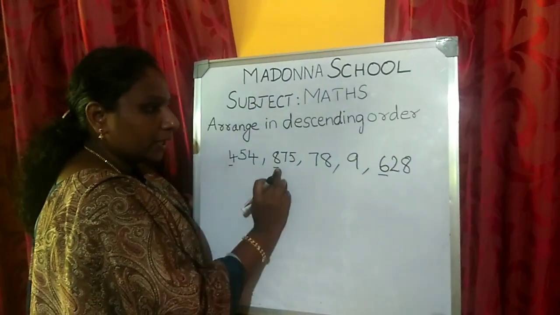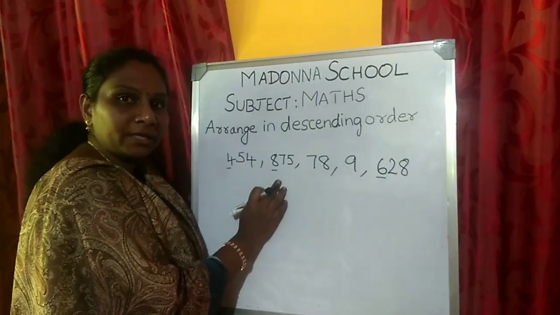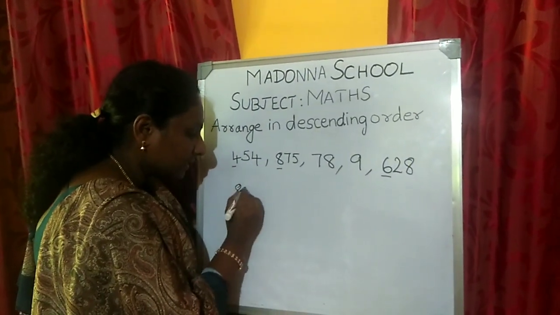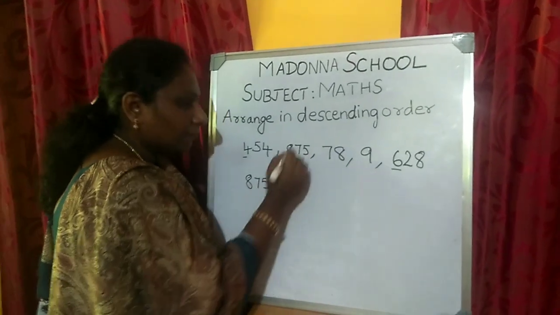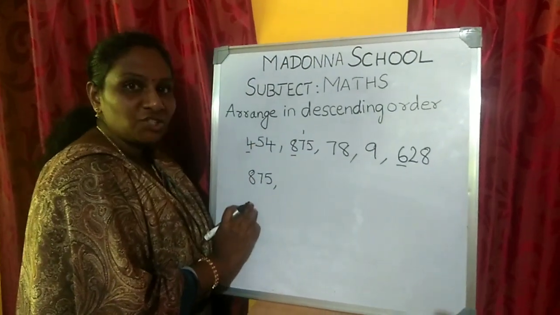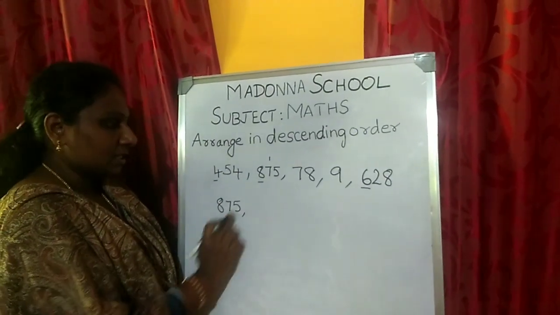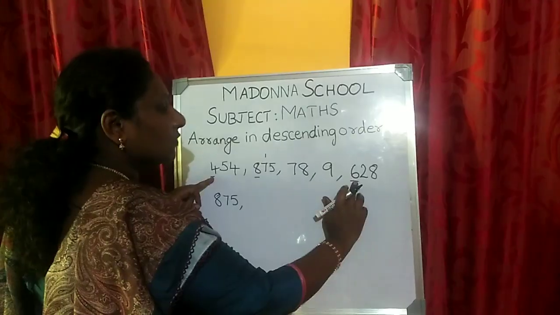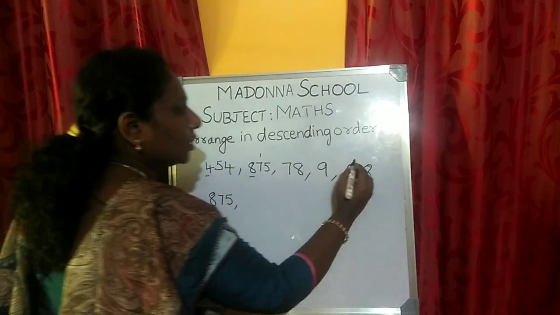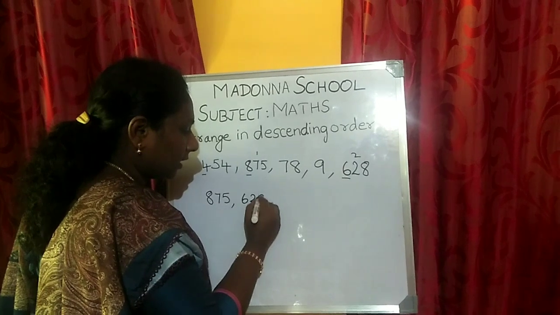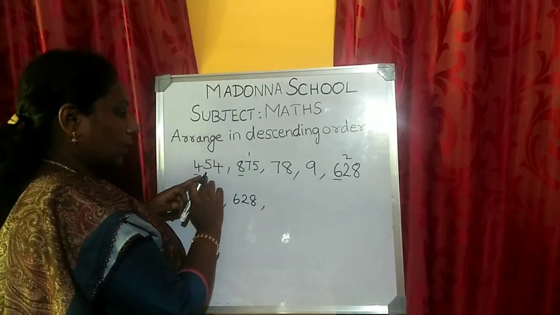So 4, 8 and 6. Which is the big number in this, children? 8 is bigger. So 875 should come first, because we are arranging in descending order, so the bigger number should come first. Next is 4 and 6. Which is bigger? 6 is bigger. So it should come in the second place. 628. Okay, next you have to write